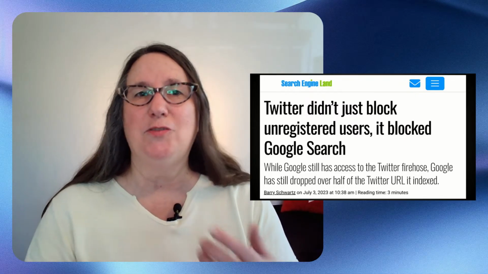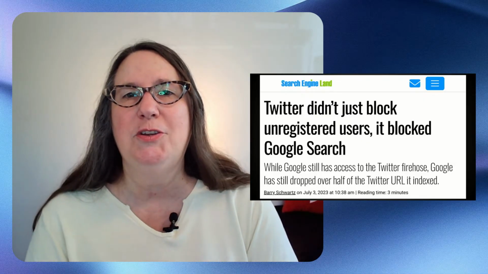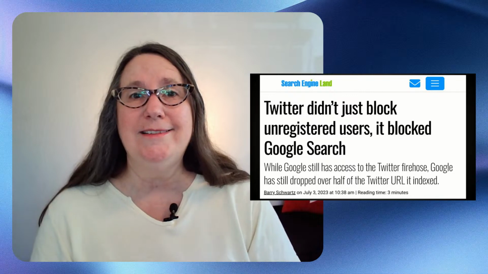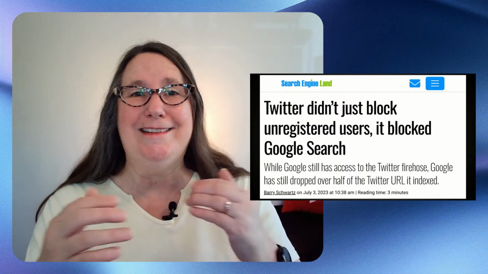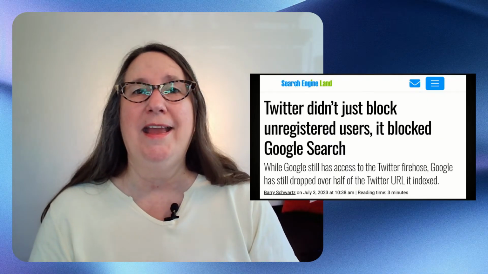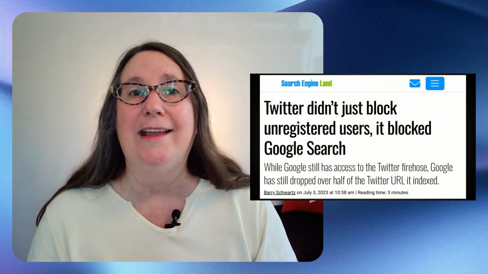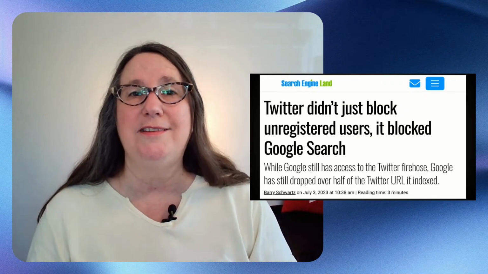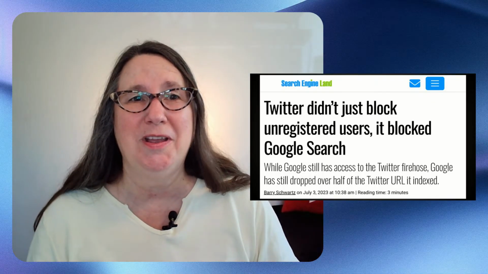So let's fast forward to 2022. Elon Musk took over Twitter. As far as I can tell, Google still has that Firehose deal in place. In 2023, Twitter started only displaying tweets to signed-in users. And what this did was break the links in Google search.